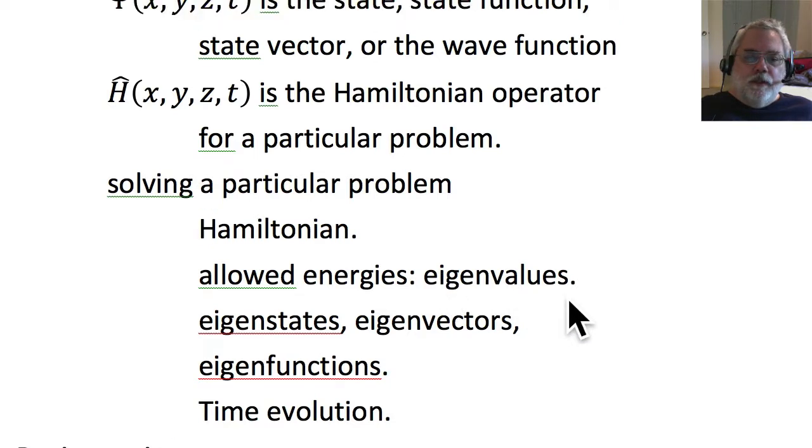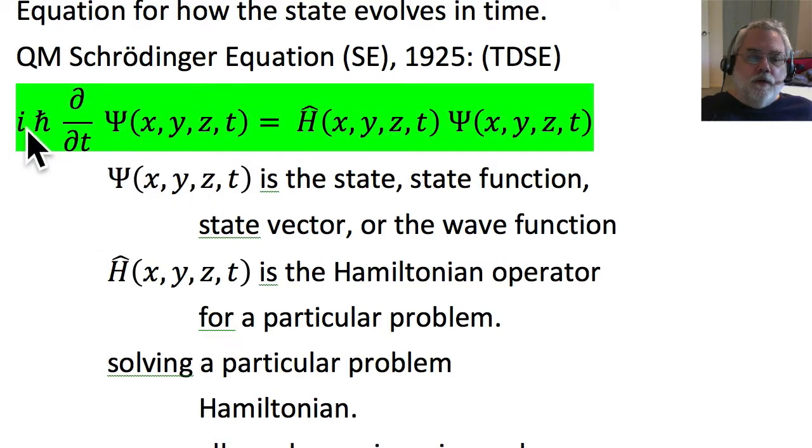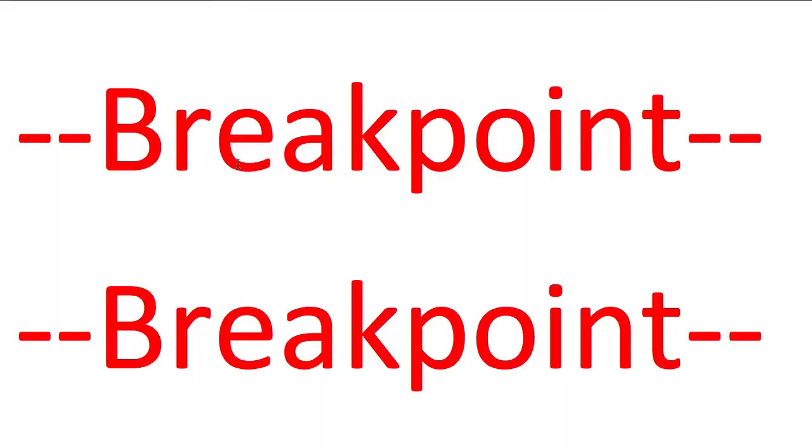Let's go back and review the units just to be sure. i has no units. H bar is energy times time. When we do the partial derivative with respect to time, that gets rid of time. So now we have a total of energy in here, right? Psi actually has units, but it's the same on both sides, so we're not going to care today. And the Hamiltonian H has units of energy. So units-wise, we're good. Okay? This is a possible time to take a break.